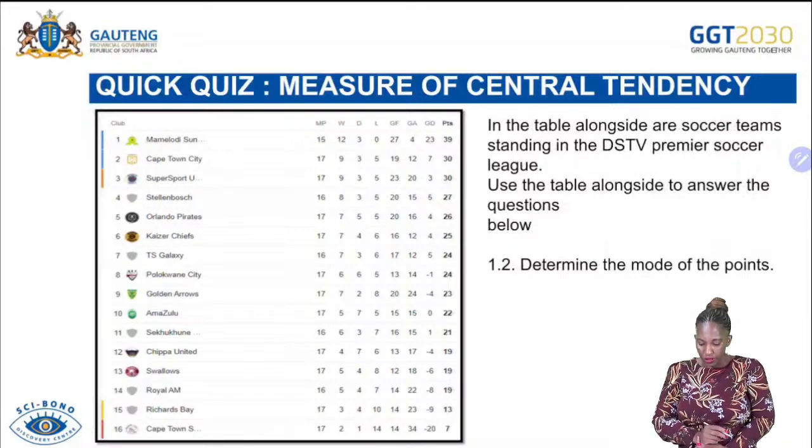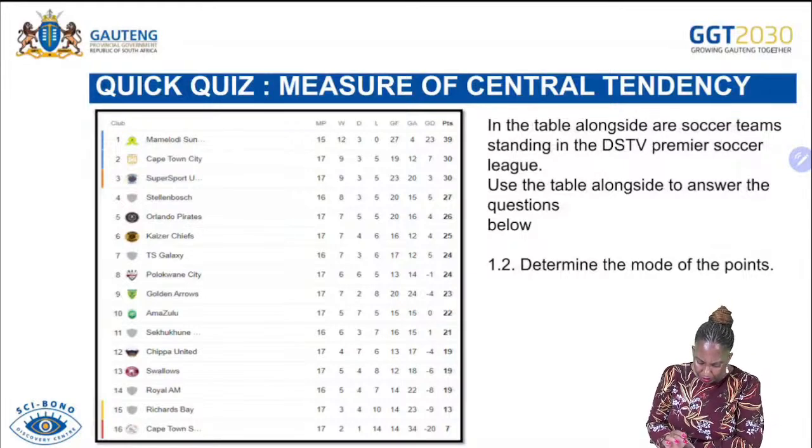And then 1.2, determine the mode of the points. Now we are looking at the mode of the points. Looking at these points, we have 39, 30, 30. So there are two 30s, because on the points we are only focusing on the points. And then we have 27, 26, 25, 24, 24. There are two 24s. And then we have 23, 22, 21, and then we have 19, 19, 19, and then we have